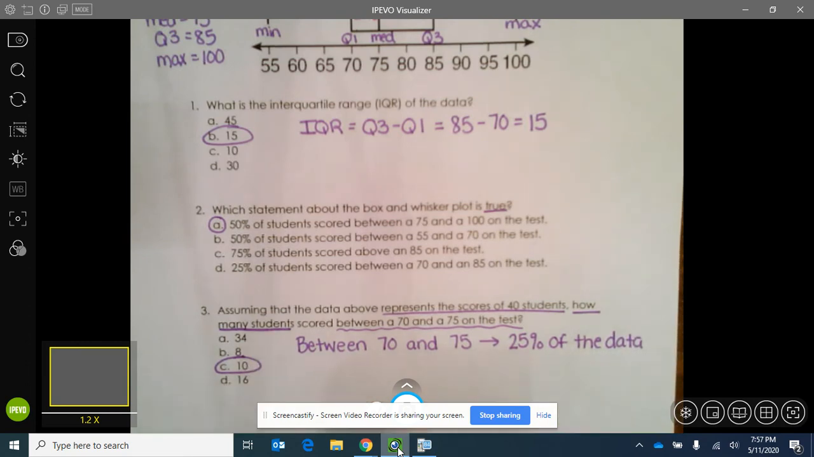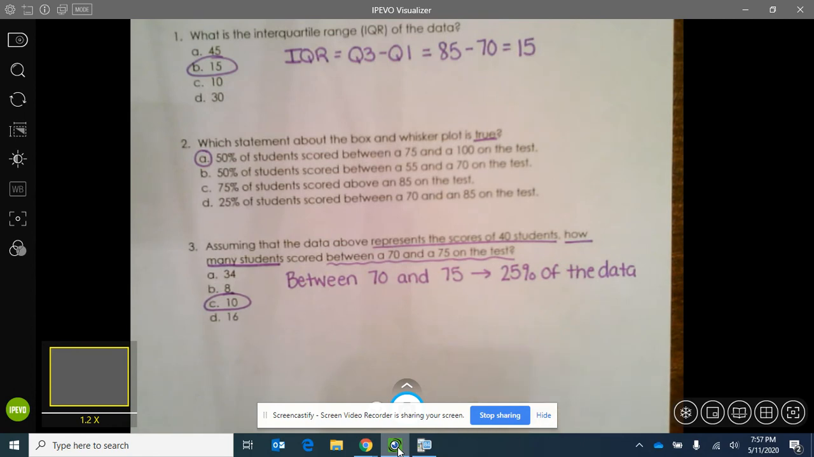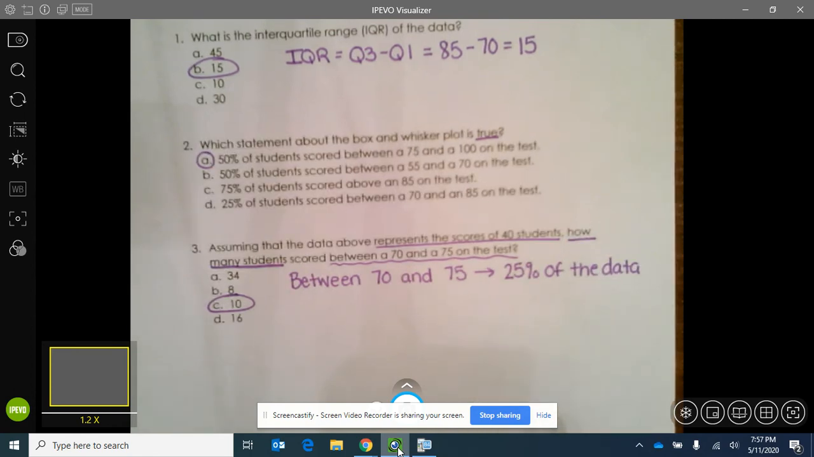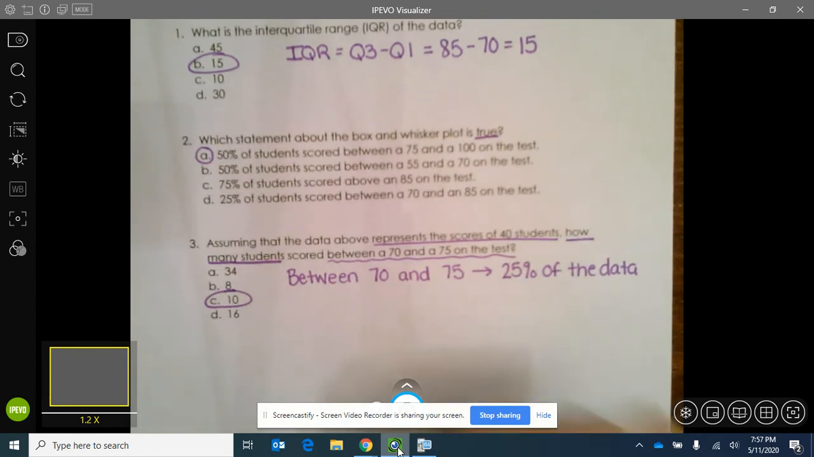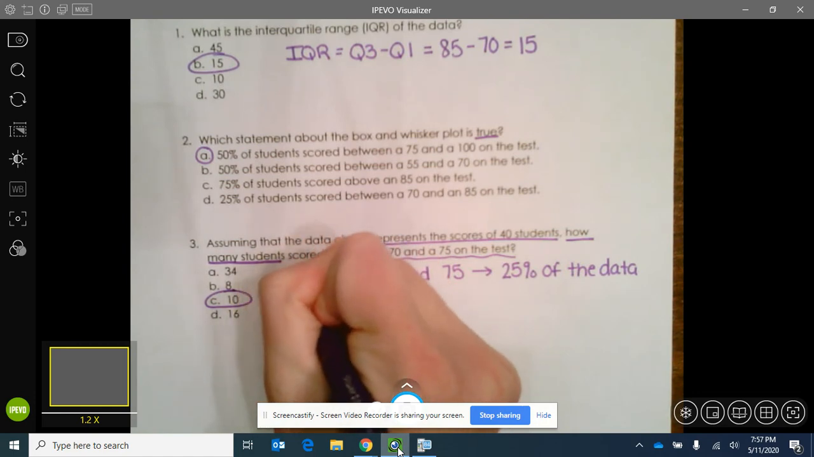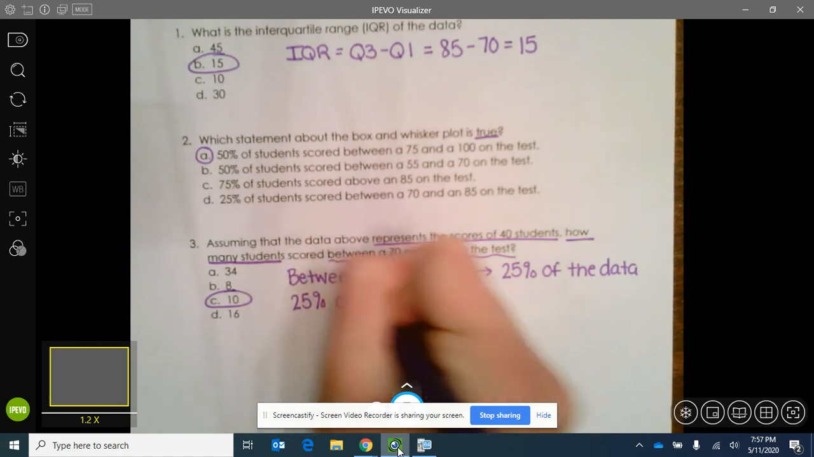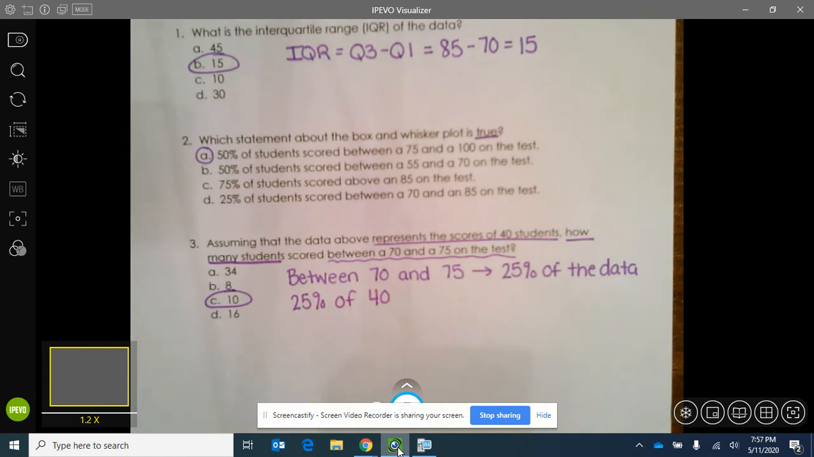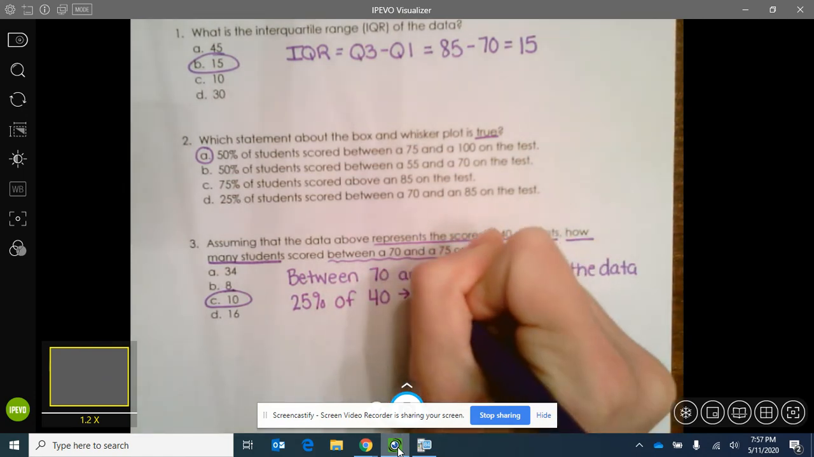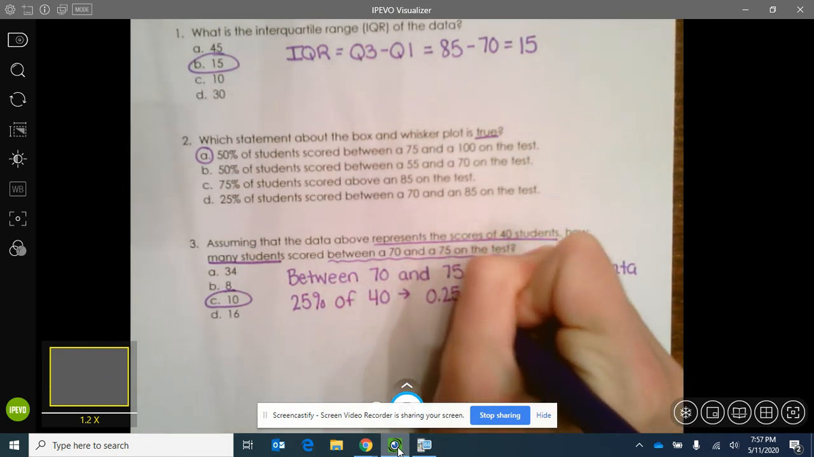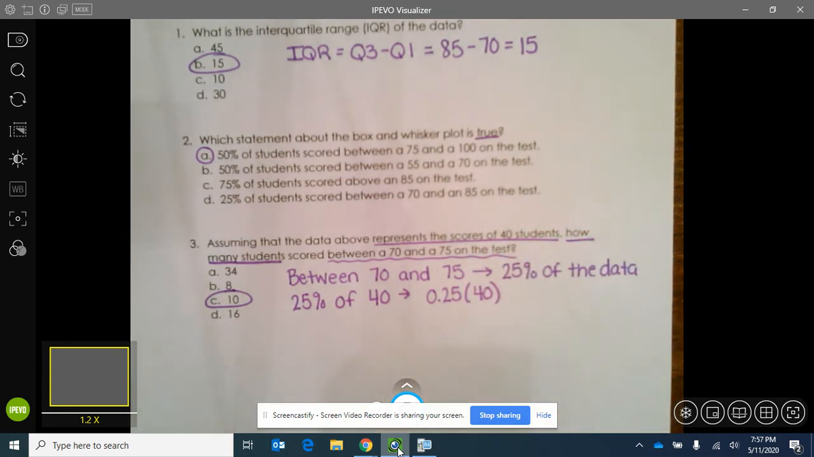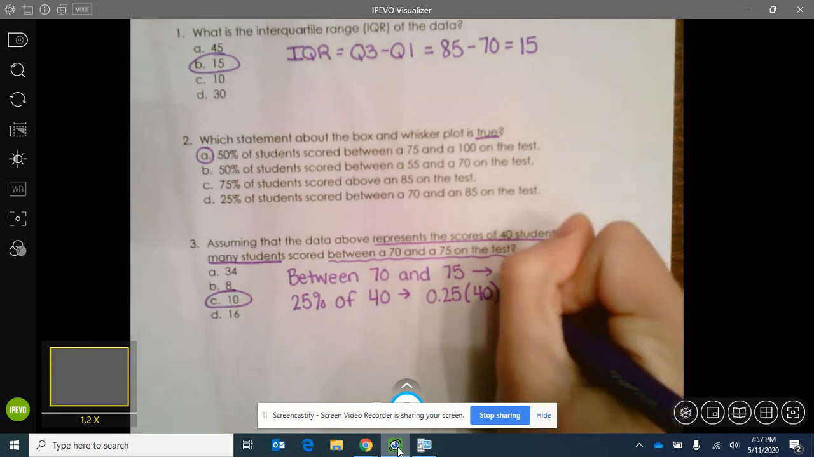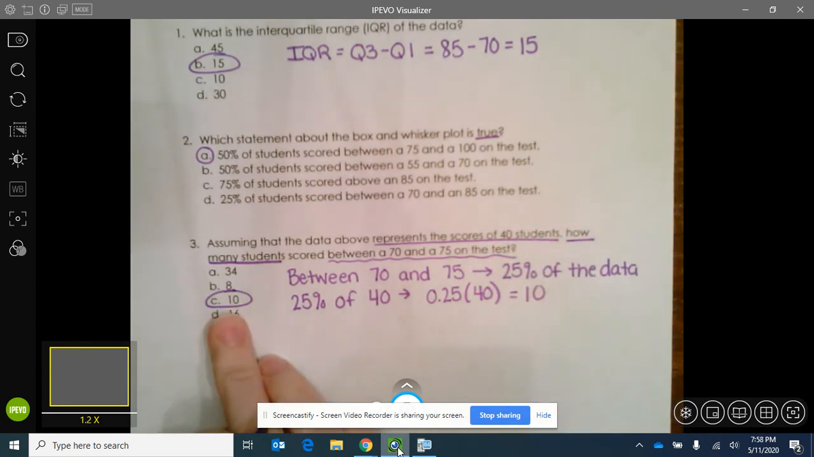Now notice my answers aren't in percentages here because I want to know the actual number of students. Now I know that there were a total of 40 students who took the test. So now all I need to do is find 25% of 40. Here's how I'm going to do that. I'm going to take 25% as a decimal, which is 25 hundredths, or 0.25. I'm going to multiply that by 40. I get 10. So your answer to number 3 should have been letter C,